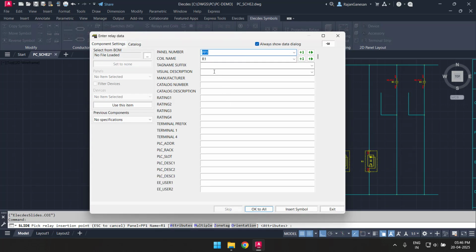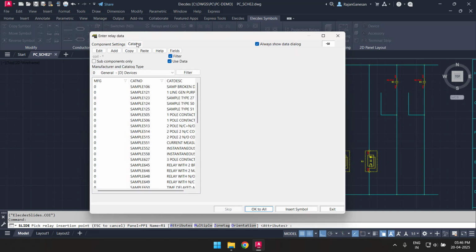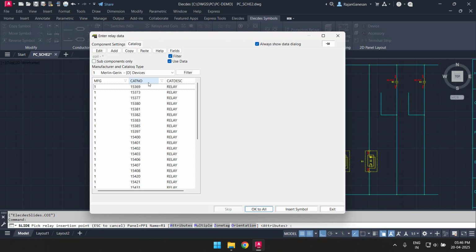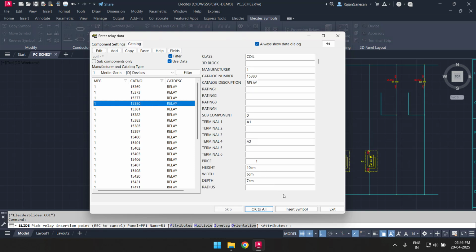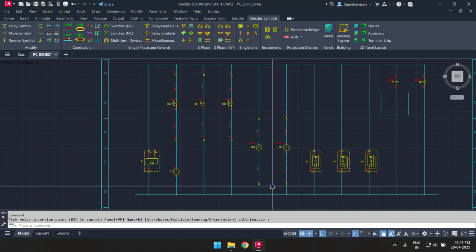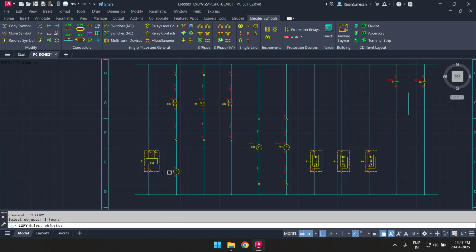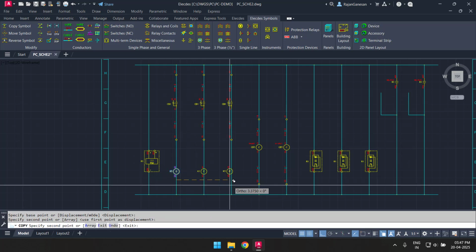I'll insert a relay coil at the lower end of rung 2. Then I'll copy it to the other rungs which currently contain output contacts from the protection relay and the breaker. The copy process is again smooth and easy because of the Elekta tools. The next step of the process is to use each control relay's normally open contact to signal a status to the breaker and the protection relay.